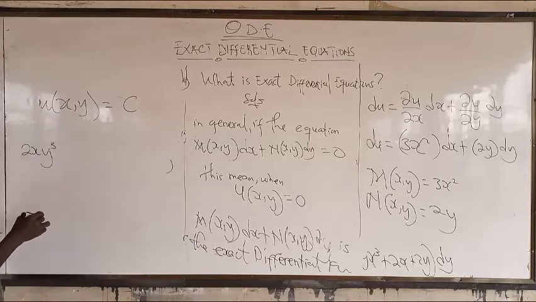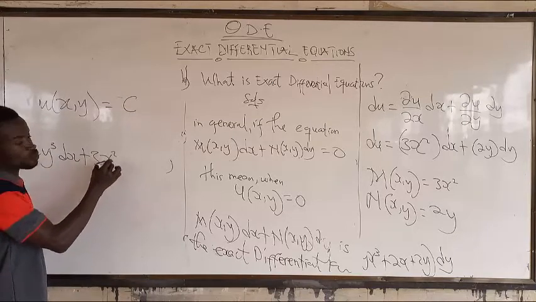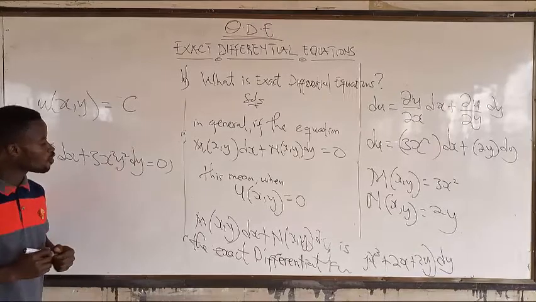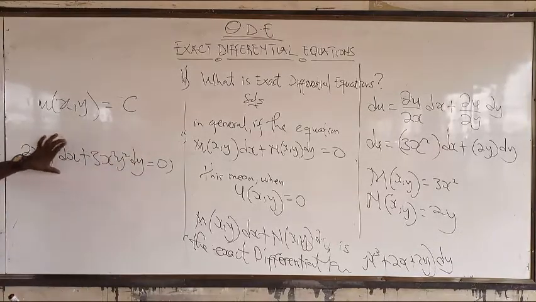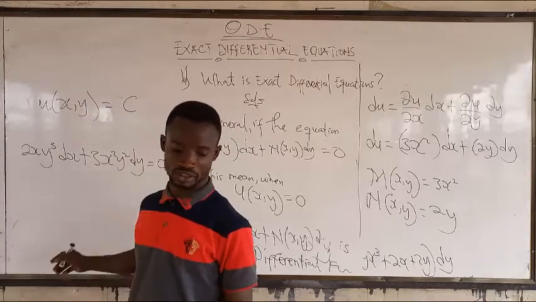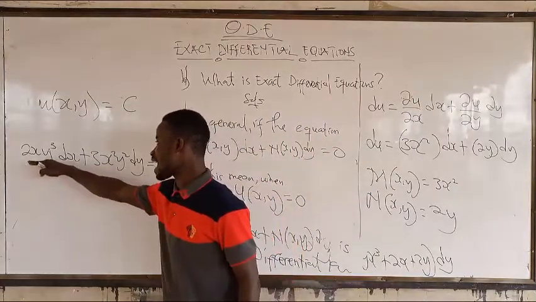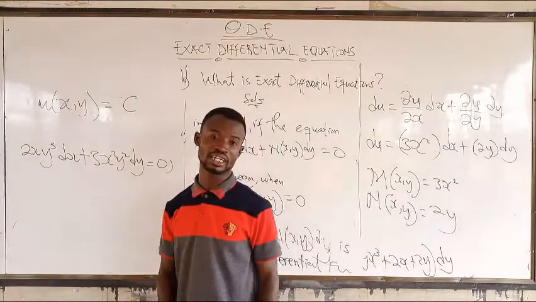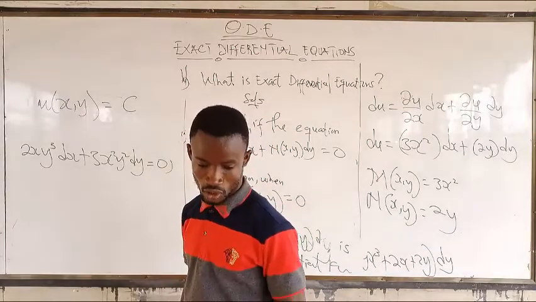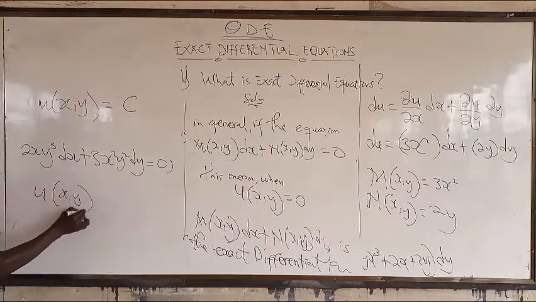For example, 2xy dx plus 3x squared y squared dy is equal to 0. Now, when this is equal to 0, we see the left hand side of the equation as being the total derivative of the function u(x, y) to be equal to